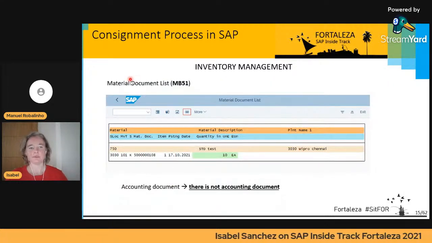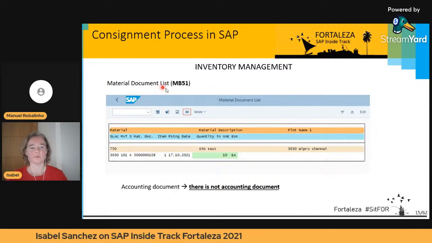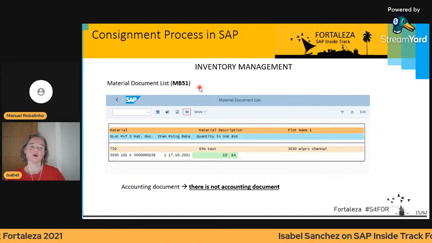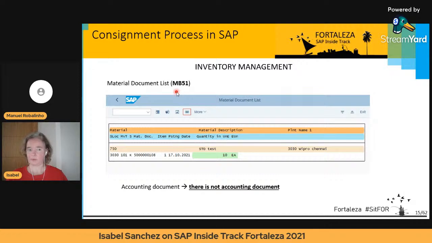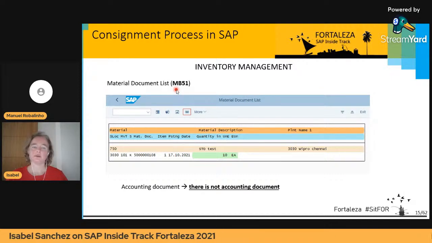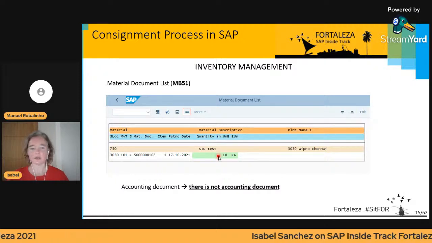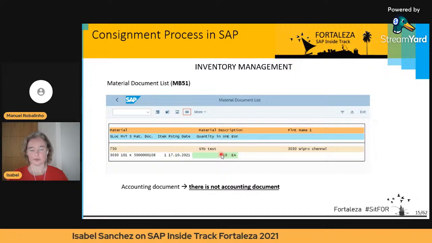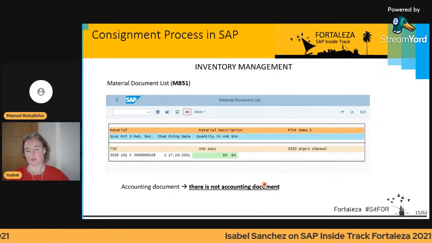Going on, if we display the document list after this MIGO, this goods receipt, it will display the document list with transaction MB51. We will see that there are 10 units in the document. In this part, there is still no accounting document,